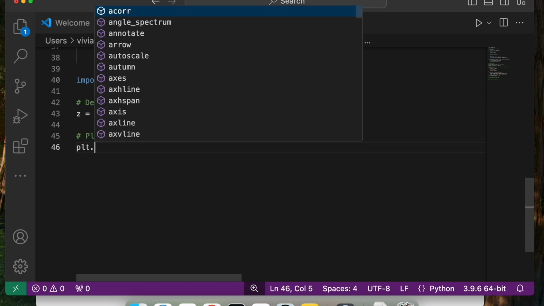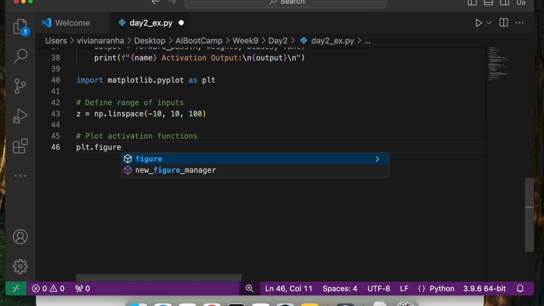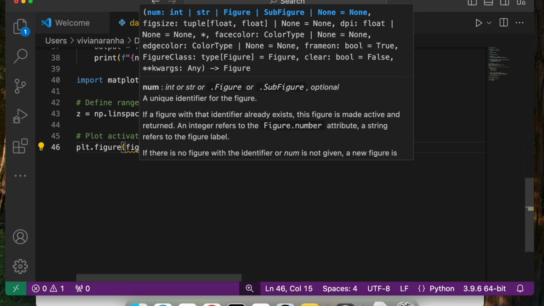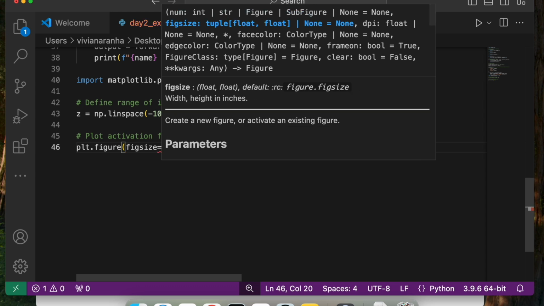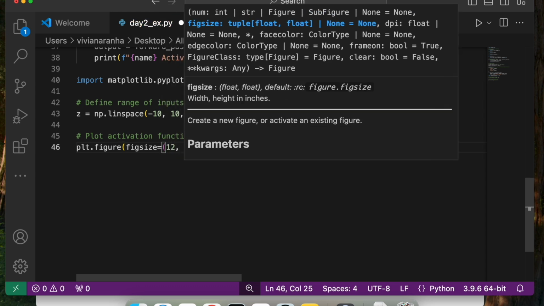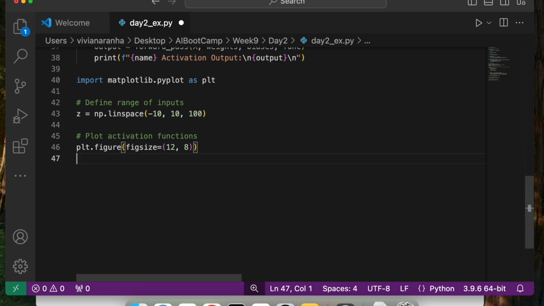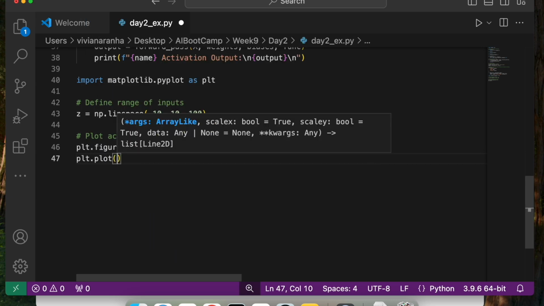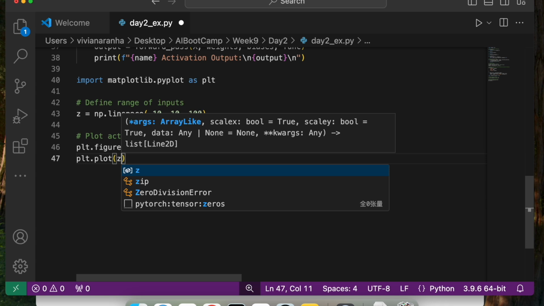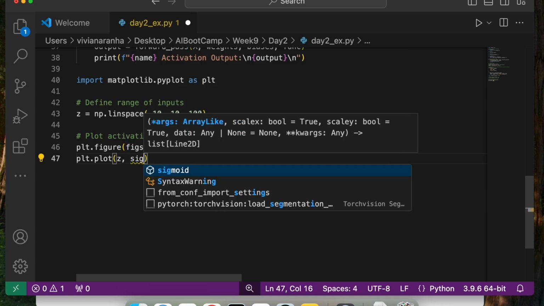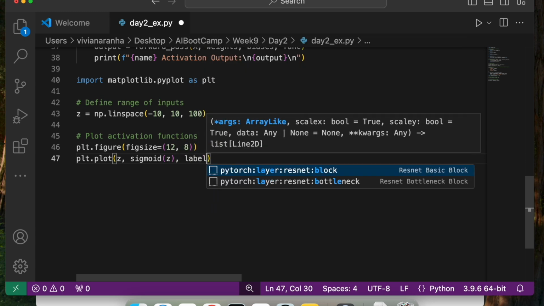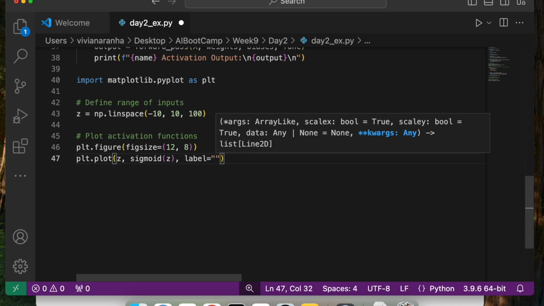I'm going to say plt.figure, figsize equal to 12 comma 8. I think that's big enough for us to see. plt.plot, and I'll give the value of z that I have above, and for y I'll use sigmoid of z for the first one. I'll say label equal to sigmoid.